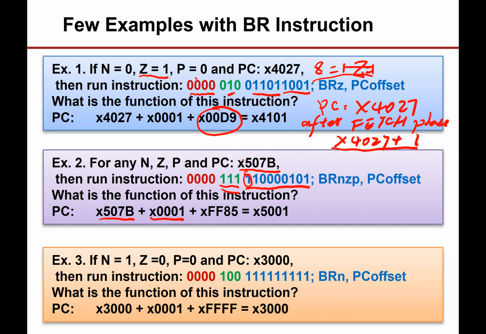Its PC offset here, right? This one, this is a sign bit. The sign bit is 1, so you need to extend the sign bit. So the sign bit 1 means that is all FF, right? And then here is 8, and here is 5. So then you can calculate the value. This is the new PC. So for example 3,